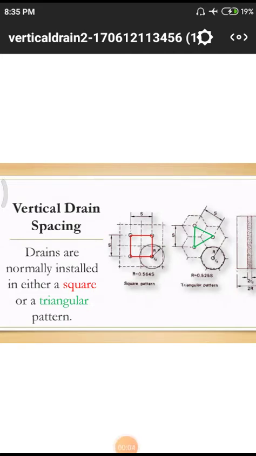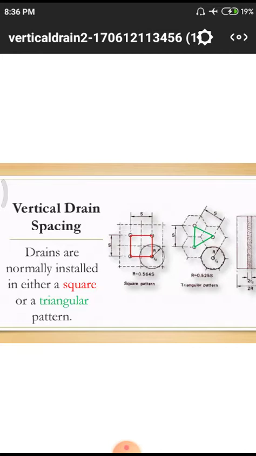In the previous class, we discussed different classifications of these vertical drains and how they work. But now we have to discuss the design philosophies involved in vertical drains. Normally we need to observe what the shape factor is, what the size factor is, what the length factor is, how much length you have to sustain, what the spacing is between successive vertical drains, and what the most economical spacing factors are. All those things we have to observe in this particular class.